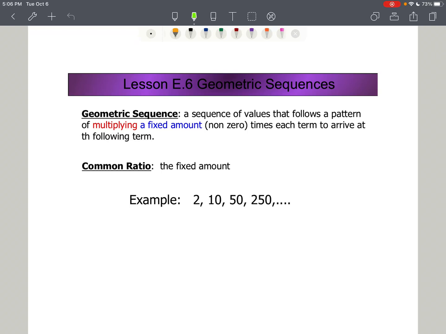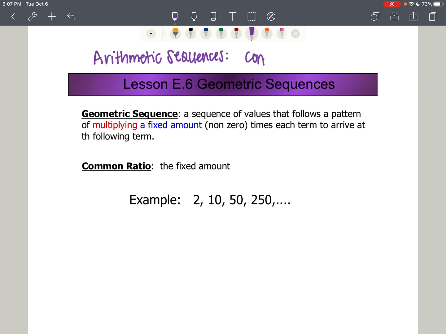A geometric sequence is a sequence of values that follows a pattern of multiplying a fixed amount times each term to arrive at the following term. So we were using a fixed amount to add to get from one term to the next when we were working with arithmetic sequences. Now we're going to